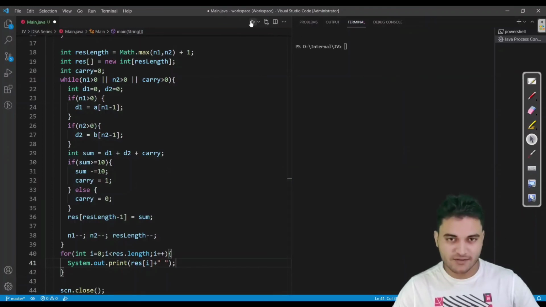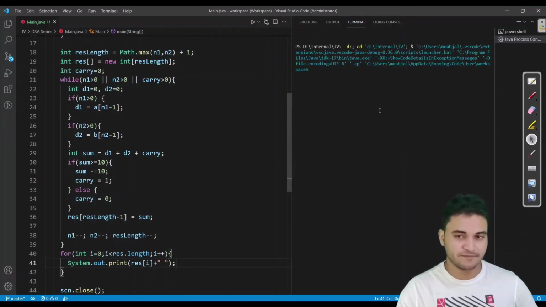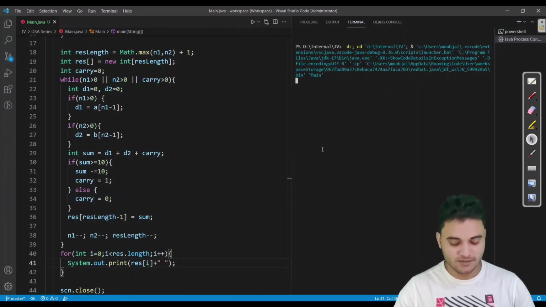Let us give it a run so that we can be sure whether our program is working or not, or if we have any mistake, then that would be exposed to us. So I am entering 5 as the size of the first array, and I am entering 5 values, which are 3, 4, 7, 8, 1, and I am entering the size for the second array, which is, let us say, 4, and I am entering 4 values: 1, 6, 8, 2. So I'm hitting enter. So let us see the result.